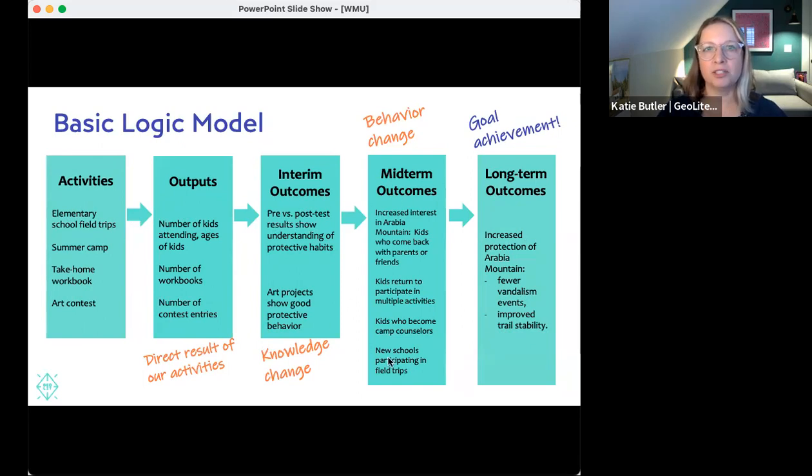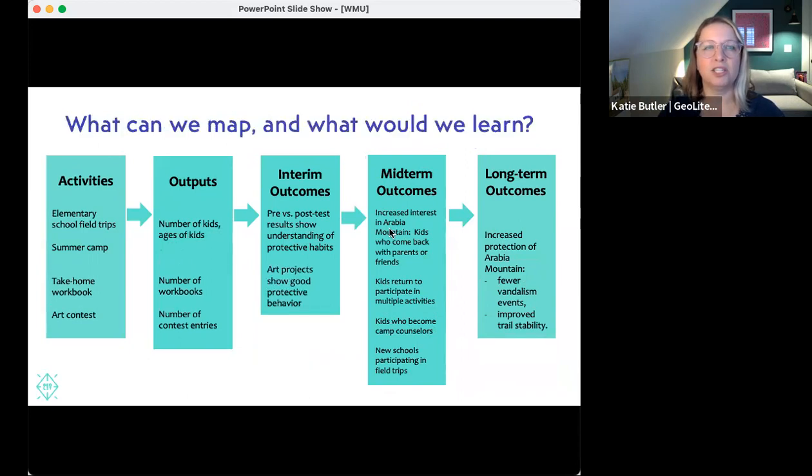Then we're going to start measuring what I've called our midterm outcomes here, our behavior changes. These are things like spreading the interest in the park, kids coming back for multiple events, this kind of stuff. Our connection to our long-term outcome is we hope that these kids who have demonstrated an interest in the park are practicing these protective habits that we've been teaching them.